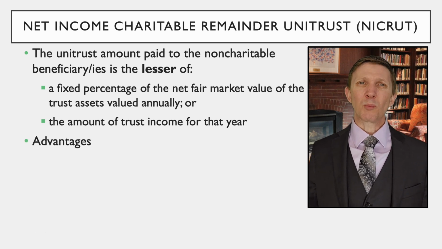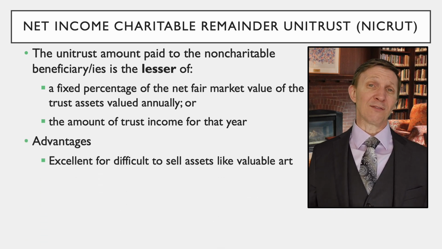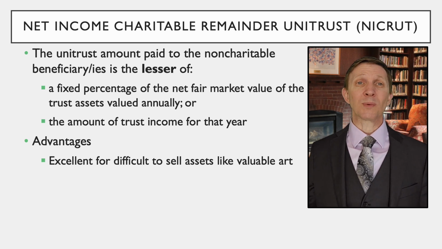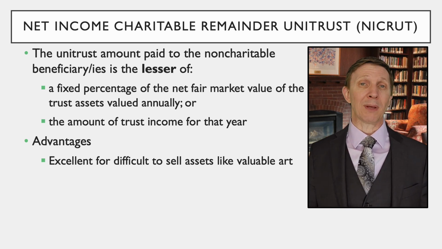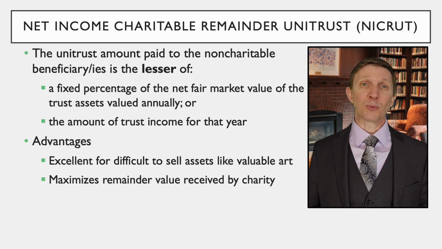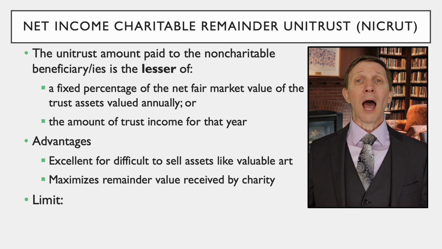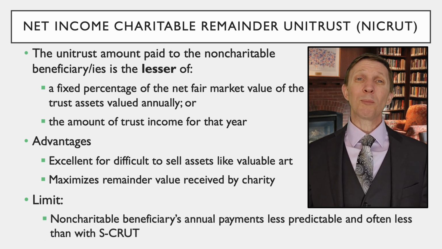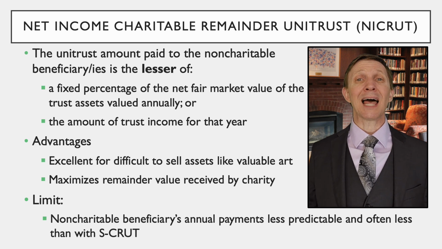The NIMCRUT works well for difficult-to-sell assets like valuable art. If the art were placed in an SCRUT, the trust would have to sell the art immediately to start payments to the beneficiaries. The NIMCRUT also maximizes the value received by the charitable beneficiary. On the other hand, the non-charitable beneficiary's annual payments will be less predictable and often less than would be paid